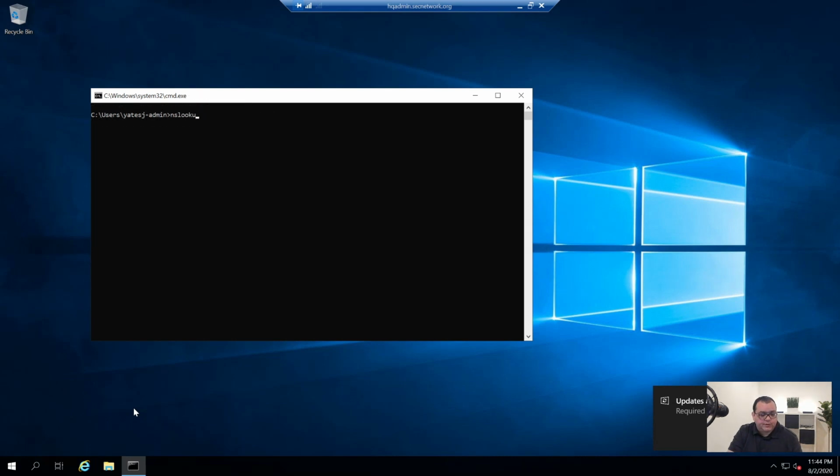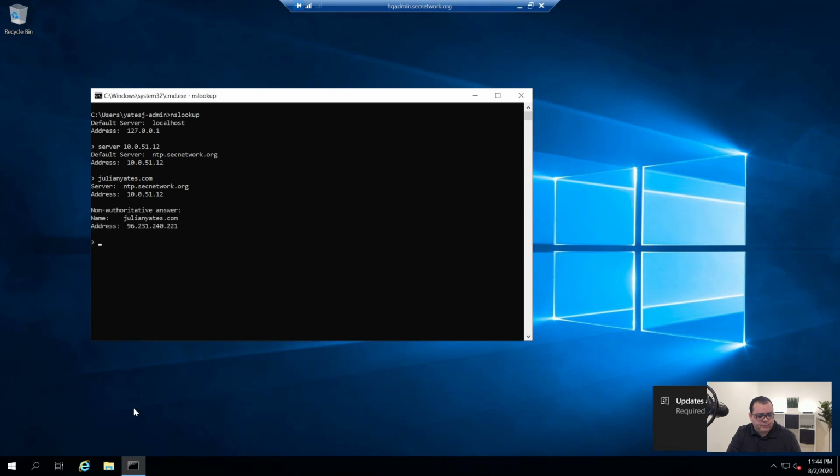So let's also check server 10.0.51.12, and let's do nslookup.